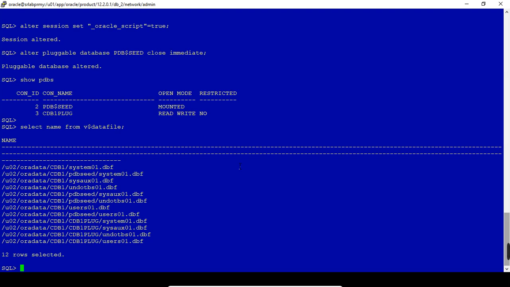You can see here the PDB seed location. Now I am going to drop pluggable database PDB$SEED including datafiles.